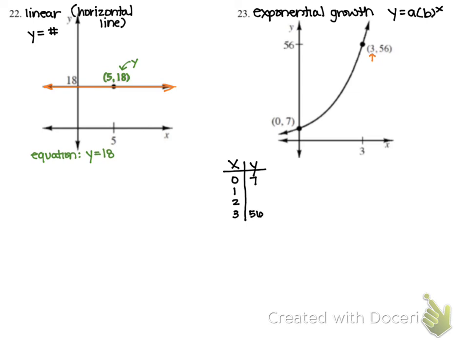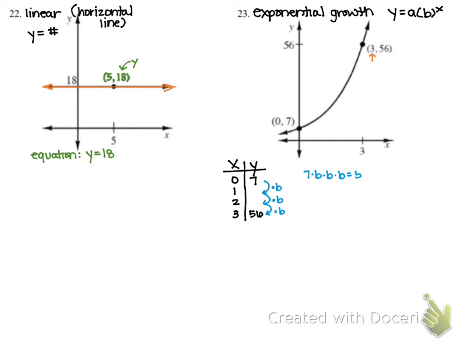I know we did a problem like this a little while ago. The idea is still exponential, which means it's still repeated multiplication. I propose we make an equation. So we know 7 times b gets us the y value when x equals 1. But we don't have anything there, so I'm going to keep going. I have to times by b again. I haven't gotten there yet. Times by b again. Okay. It looks like I have to do 7 times 3 b's